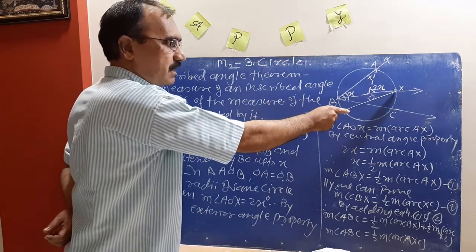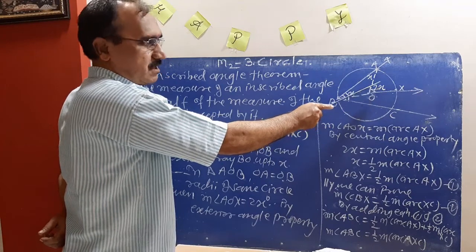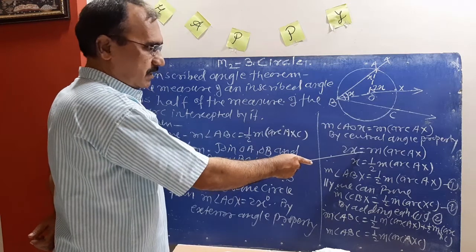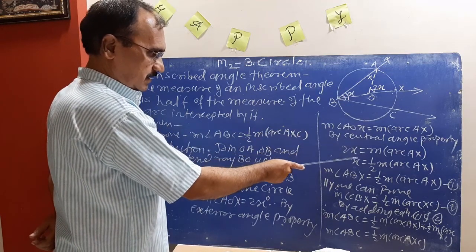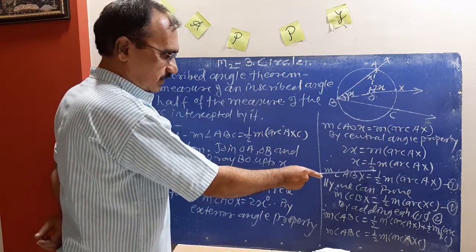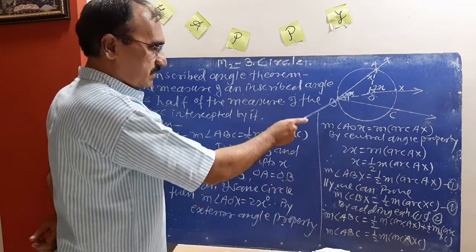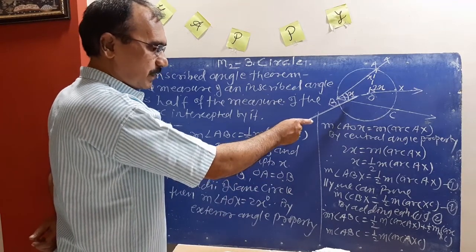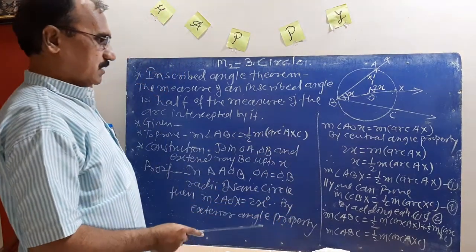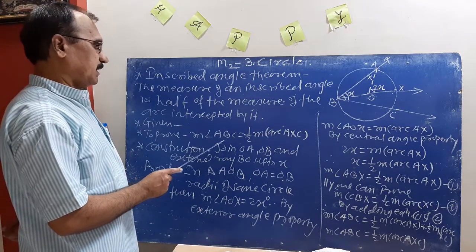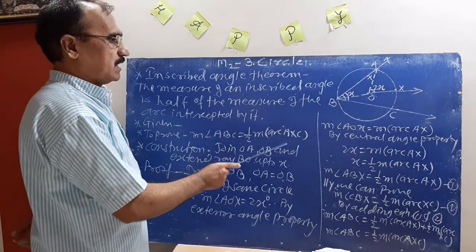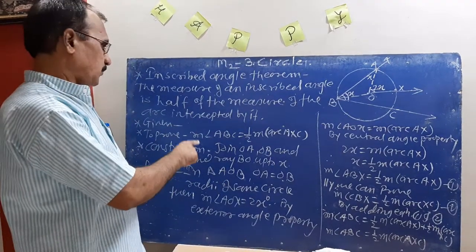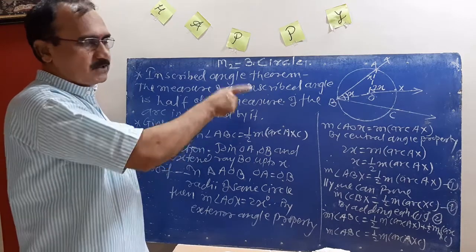Then this is a central angle, and you know the property of a central angle: the measure of a central angle is equal to the measure of its corresponding arc. So the measure of this angle is equal to 2x. The 2 goes to that side, and it becomes this. Then x is the name of this angle. Similarly we can prove this angle also, and after addition we can easily prove measure angle ABC is equal to 1/2 measure arc AXC. Try to write this proof of the theorem, the statement given to prove, and the proof with figure, in your textbook.